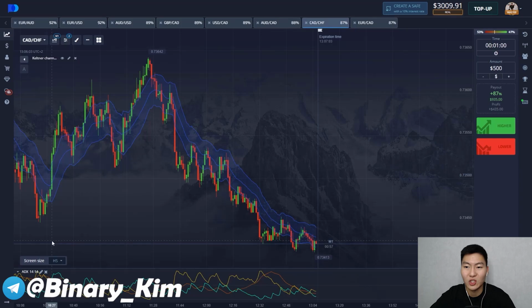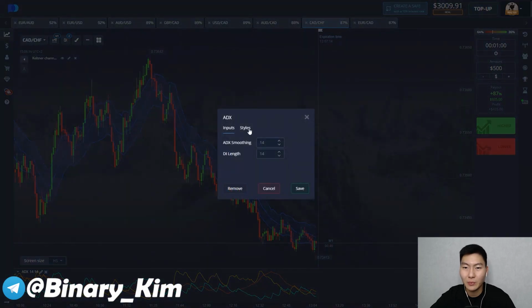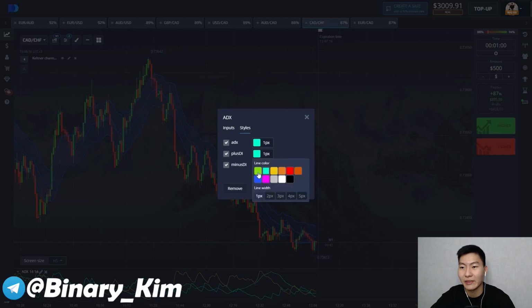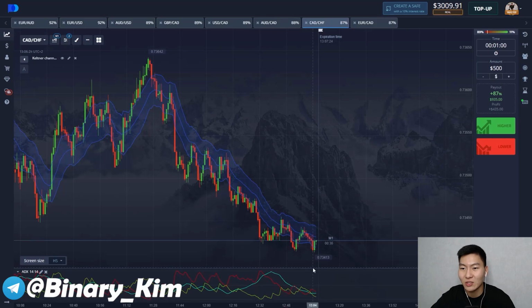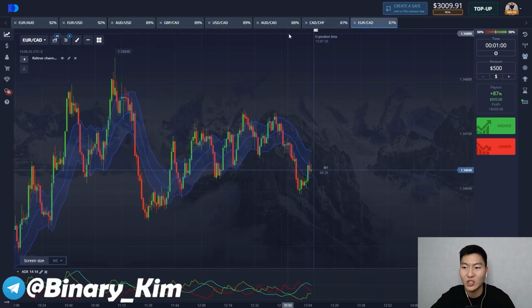Our today's strategy is based on the ADX and the Keltner, but we look at the ADX first and only then we pay attention to the Keltner and open our positions. The main point of the strategy is that we don't have to change and adjust anything, we just keep the basic settings. The only thing is that I want to change the color of the moving average on the ADX just to make it more convenient to navigate. So we are not gonna slow down here, let's begin the trading session and let's find